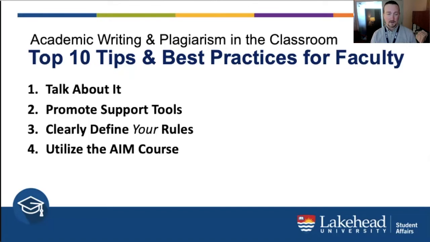So there are different ways that you can consider working this into your course. Sometimes you just require students to submit their AIM course completion certificate. There is an easier way to do that. If you go to the AIM website on the student conduct webpage, there's a way that you can actually pull up your class list and see a list of who's done it and who hasn't. And it's really straightforward. Teaching Commons helped us set that up.